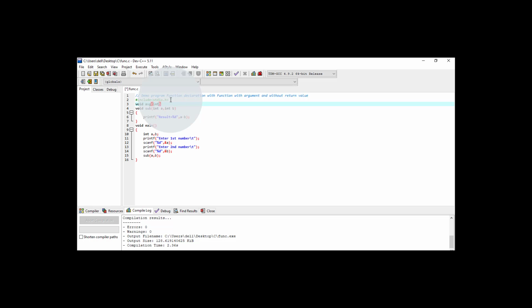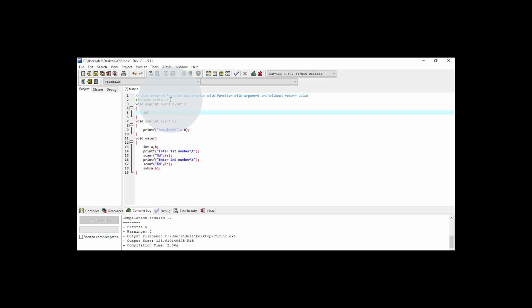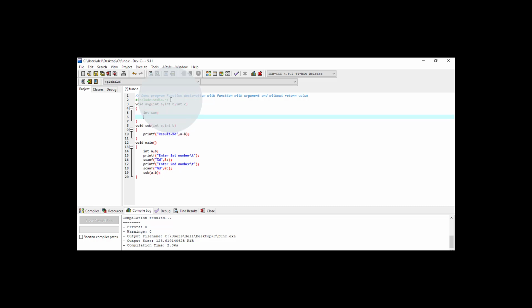Instead of 5 I will take only 3, or you can have any number of arguments here. So int a, int b, int c. This function will take 3 arguments, and within this function I am declaring one more variable, say int sum, and one more variable, say result, of type int or float. I'm taking this as type float, and I'm giving it the name result.